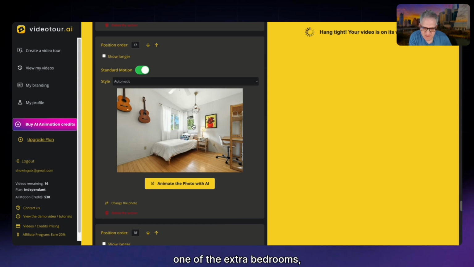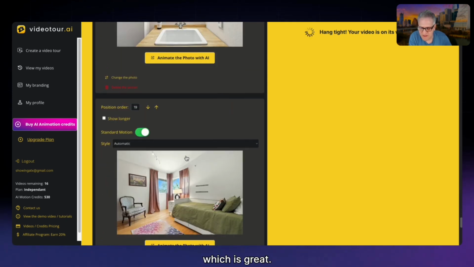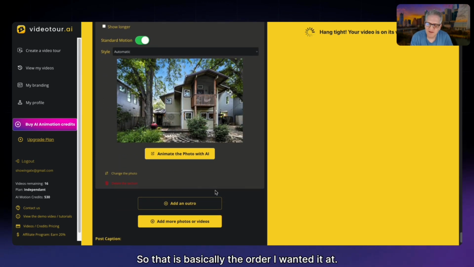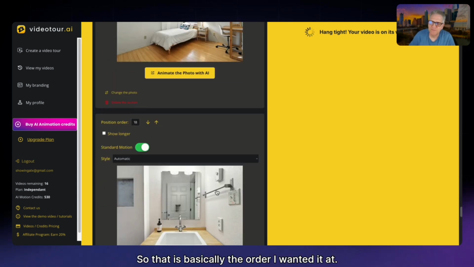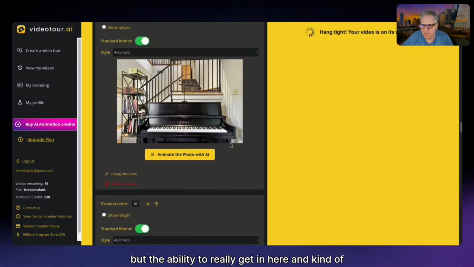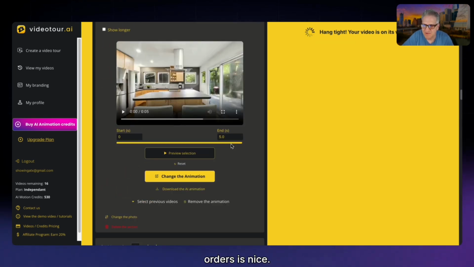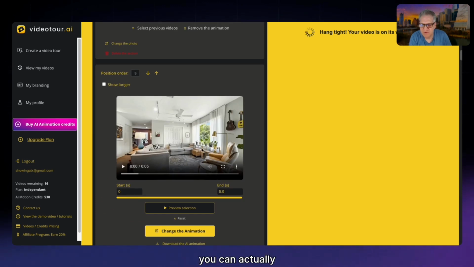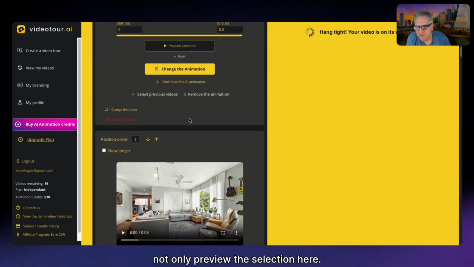So we got the one of the extra bedrooms, the extra bath, which is great, and the extra bedroom after that bath, which is what I wanted, and then the last shot here. So that is basically the order I wanted it at. It's still working on the preview, but the ability to really get in here and kind of work these orders is nice. I want to now show you that with these images, you can actually not only preview the selection